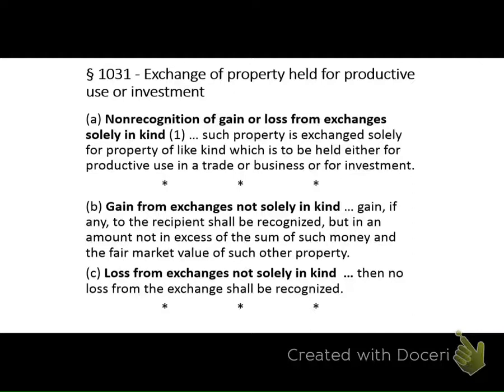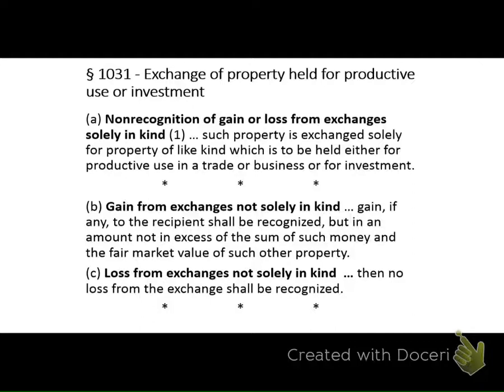So in a non-recognition transaction that's an A type, where it's solely in kind, I'm exchanging a property worth $500,000 for your property worth $500,000. We just switch properties and there's nothing additional thrown in. It's pretty simple. We both keep our original basis. So if I have a property worth $500,000 with a $100,000 basis, and you have a property worth $500,000 with a $300,000 basis, you take my property with a $300,000 basis. You keep your same property. And I take your property with a $100,000 basis. I keep my same basis.